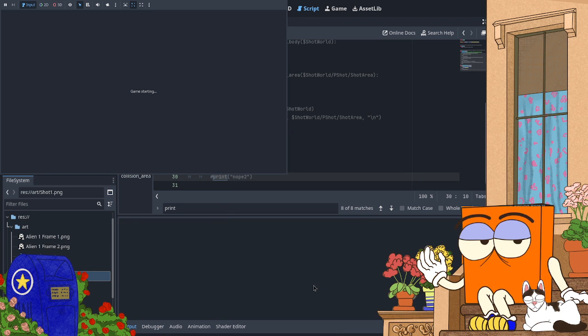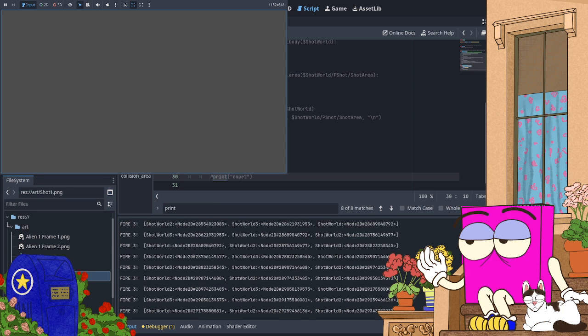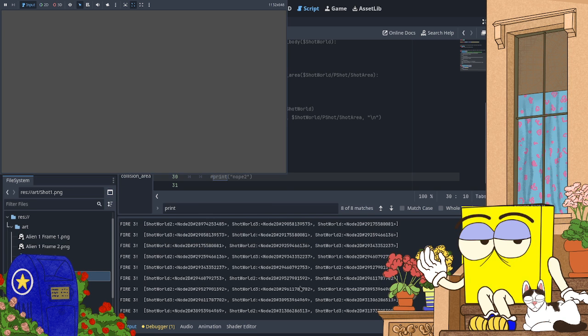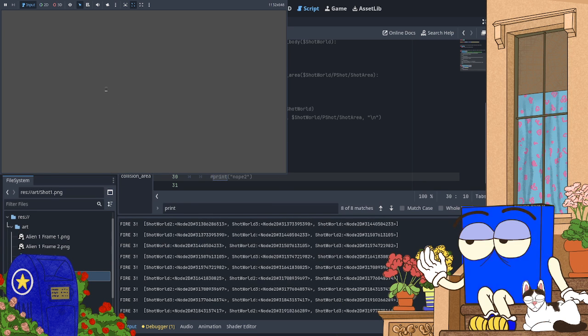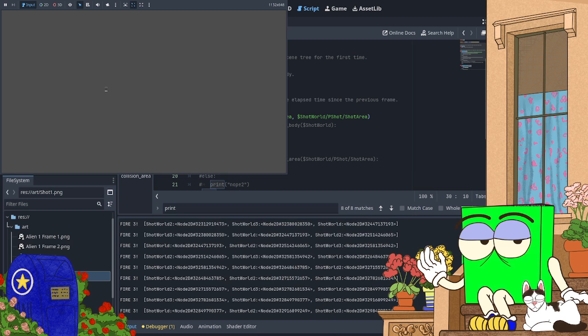Let's reload. I'm not going to switch windows because the important part is, okay. Okay.